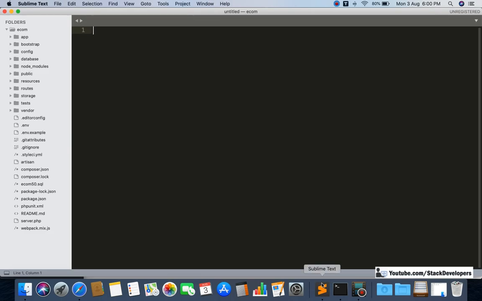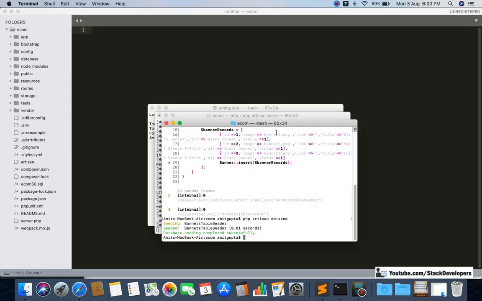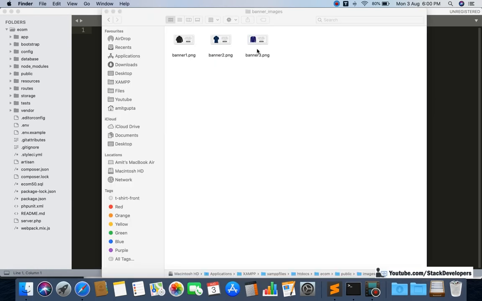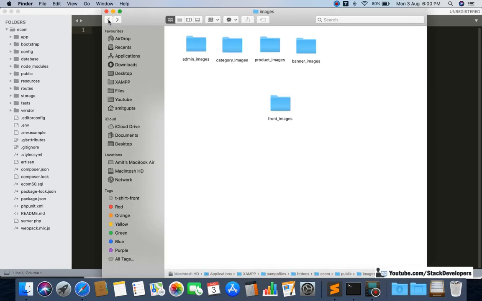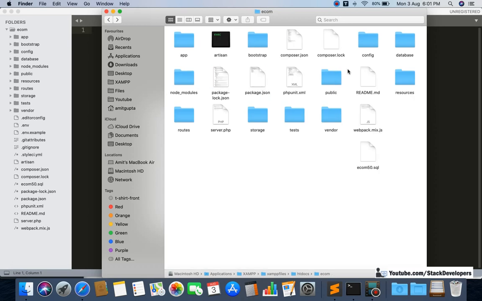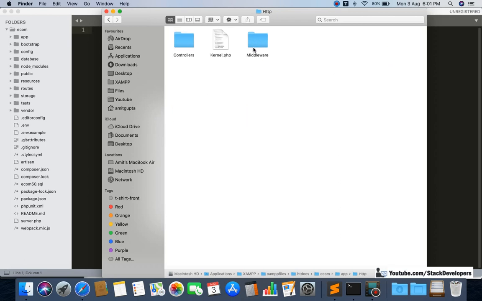So first of all, let's create the banners controller that we have not created yet. We are going to create the banners controller inside the admin. We will create one inside the front as well this time, but first of all, as we are working on the admin end, we will create it under the admin folder. I will tell you where to create: app, http, controllers. You can see there are two folders, this one is for admin controllers and this one is for the front controllers. We need to first create it in the admin controller. Later on we will also create the banner controller in the front for the front end coding.